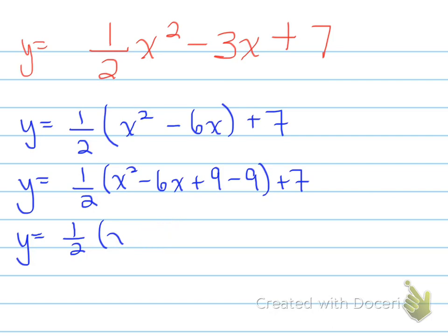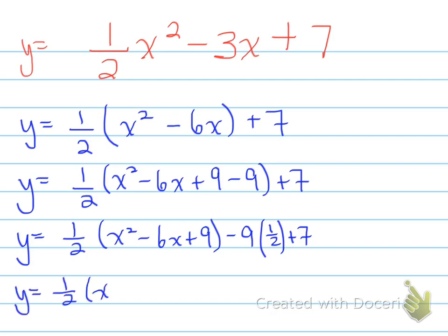Oops, let's take a step back. x squared minus 6x plus 9. And then we have minus 9. We kick out the negative twin times 1/2 plus 7. Well, our final answer is going to be y equals 1/2 (x minus 3) all squared, minus 9 times 1/2